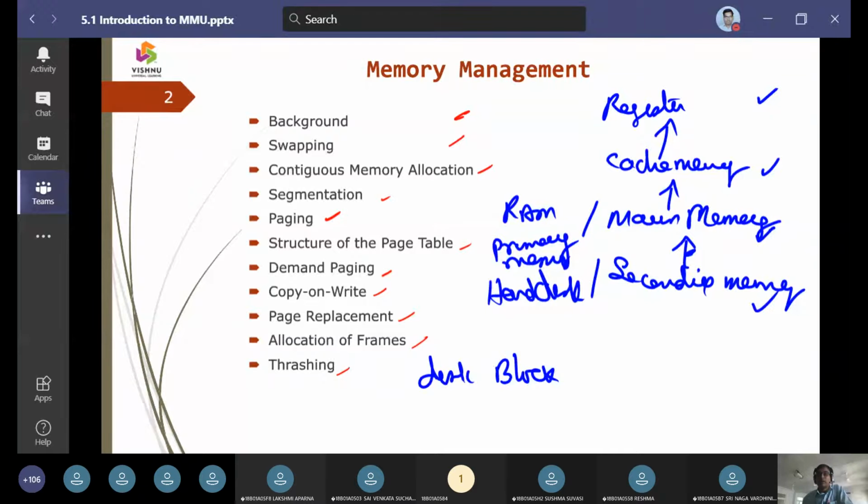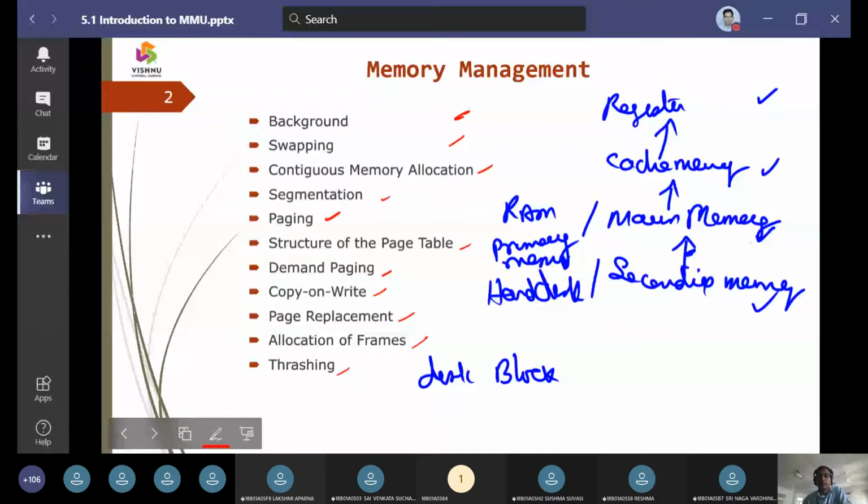So whether a disk block is going to have data or not is what gets taken up. That is where a disk block generates a valid bit and an invalid bit. Memory is going to have some disk blocks, and if these disk blocks have valid data, then it is going to be represented with a valid bit.